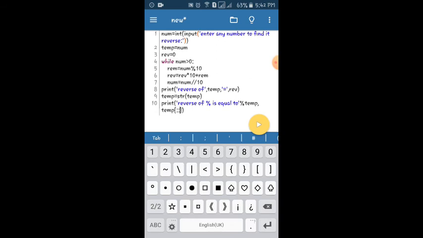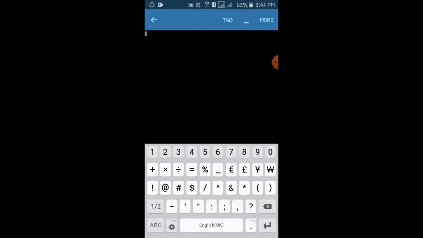Since we want to take from start to end, I'll leave that as it is. It will take the default from first to last. Here I will give -1. What -1 tells is to print the string from back to front. So let us run this and see.